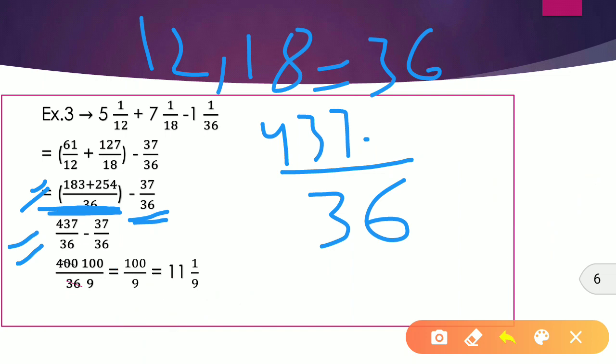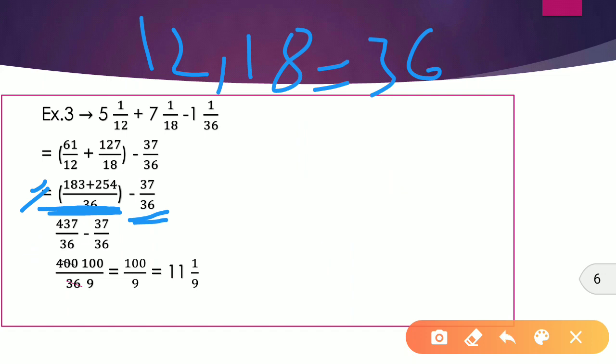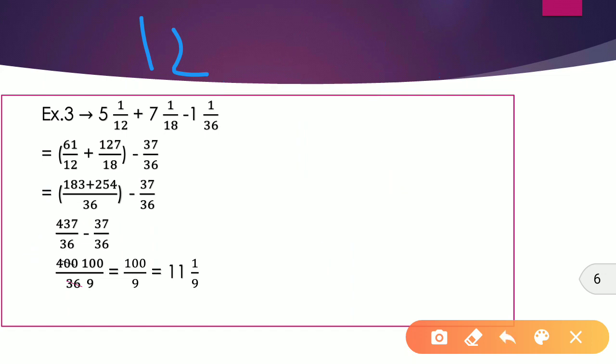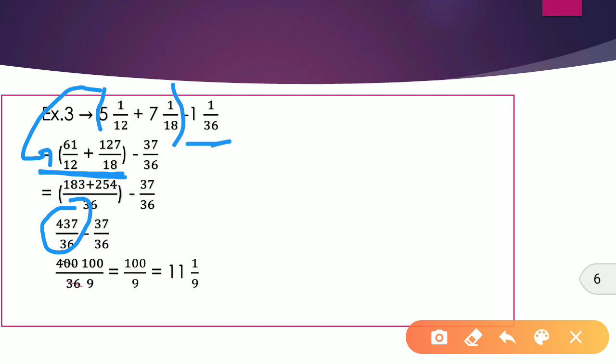In this type of question, if two or more operations are given, you apply the BODMAS rule. According to the BODMAS rule, first you will add the rational numbers and then you subtract the rational numbers. So for adding the rational numbers, you can write both the rational numbers in a bracket. When you convert this mixed fraction into a simple fraction, you will get this. So first of all, add both the rational numbers. For adding both the rational numbers, first take the LCM, and after that you will get this result. Then subtract the rational numbers.